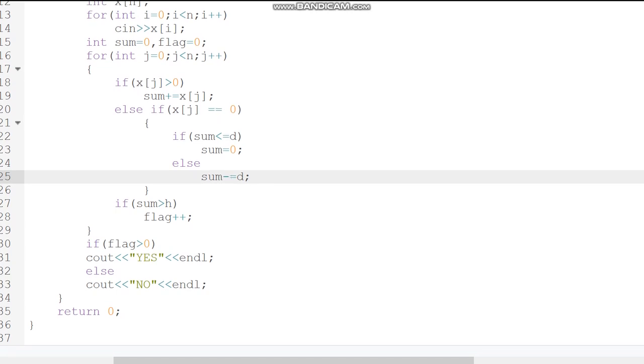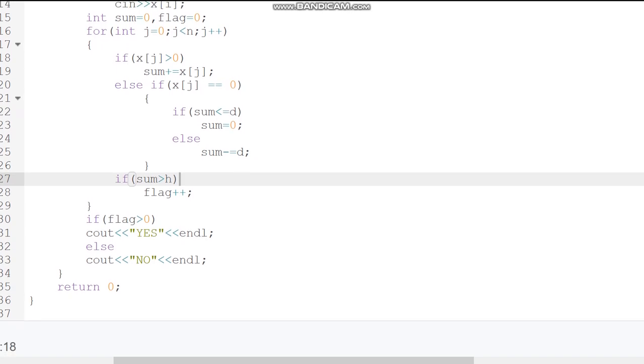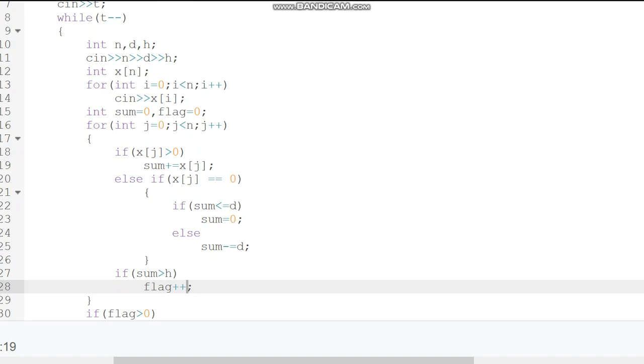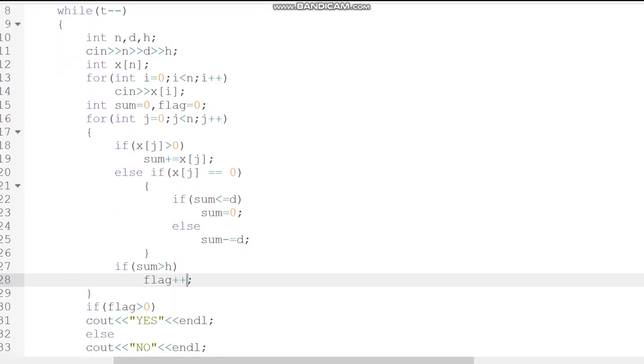Now after each iteration we will measure the level of rainwater. If on a particular day the sum exceeds the cautious water level, flag will be increased. Here we declared flag equal to 0.